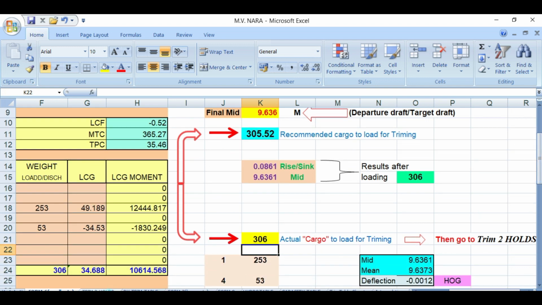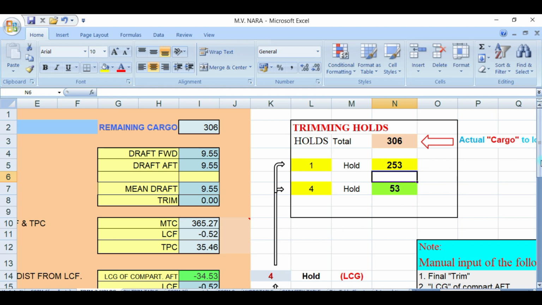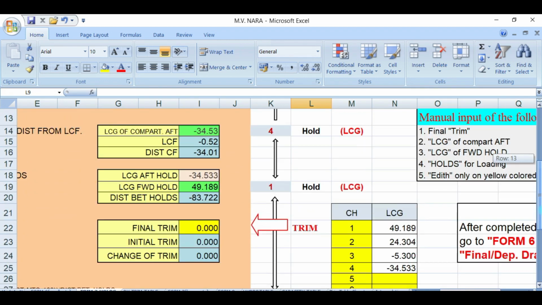So when you load this one, I will distribute it to holds 1 and 4. Then you get here 306. I put hold number 1 and hold number 4. Then I would say no trim, just put 0, no trim.